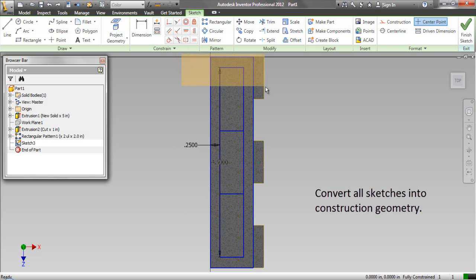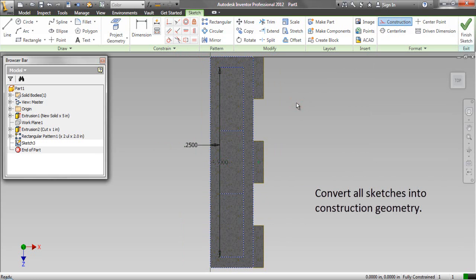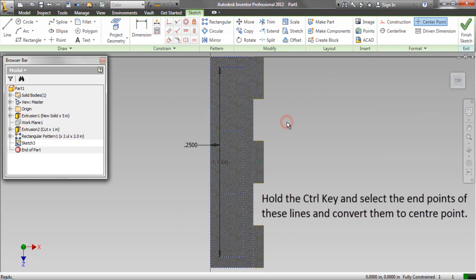Convert all sketches into construction geometry. Hold the Ctrl key, select the endpoints of these lines and convert them to center points.